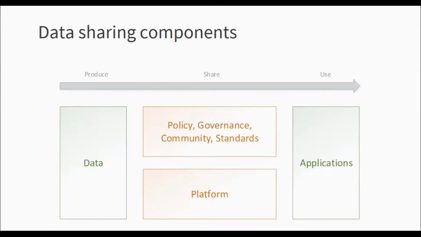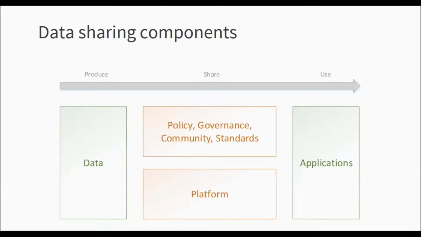Now, moving into the foundation data sets and services, we came up with quite a generic model for how geospatial information is typically used and plays out. And that goes along a value chain which is roughly to produce data, to share data, and to utilize data. In the use box, applications are obviously vital. This is where the value of the data falls out. Then on the left-hand side, data needs to be produced. But what we've been concentrating on in recent years is pretty much the share bit.